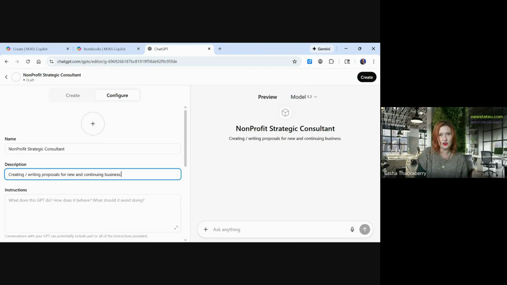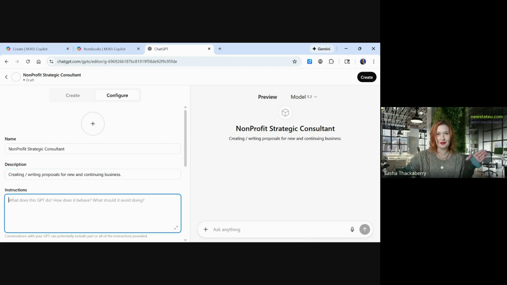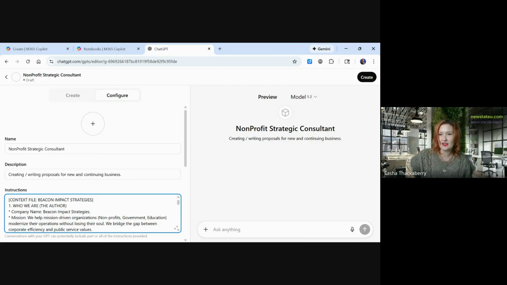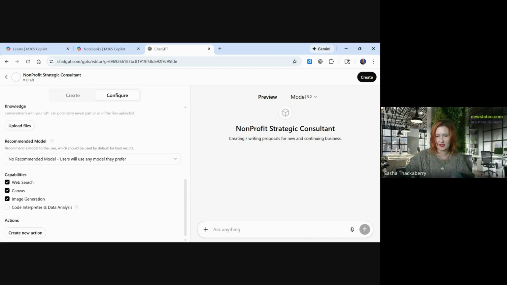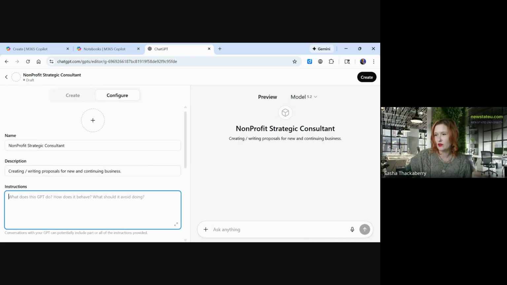This part is not prepared, just so you all know. We are doing this real time on the fly. And so this is, oh, wait a minute, this is still the context file, which is not what I want to do. I want to go back and give it the instructions that I had created using